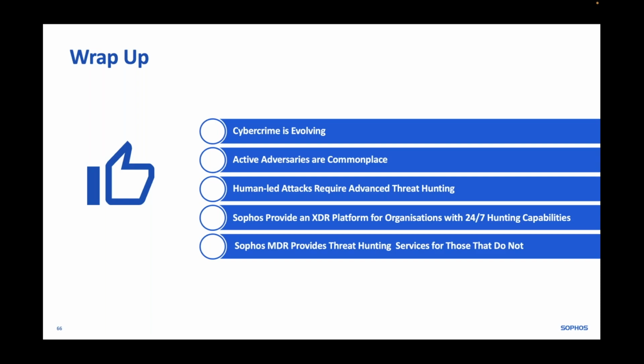So this is where we provide threat hunting services on your behalf to organizations that are not able to use those capabilities themselves, and collaborate with them to offer the very best cybersecurity outcomes by putting those human experts in front of the problem. And we've already highlighted that, of course, the only real way to deal with these human-led attacks is to have human expertise able to respond. So those are the key takeaways from this session. The other key takeaways, of course, are the active adversary report and the state of ransomware report, both freely available on the Sophos website. You are very much encouraged to download those resources and take a look. They are really genuinely interesting reads.